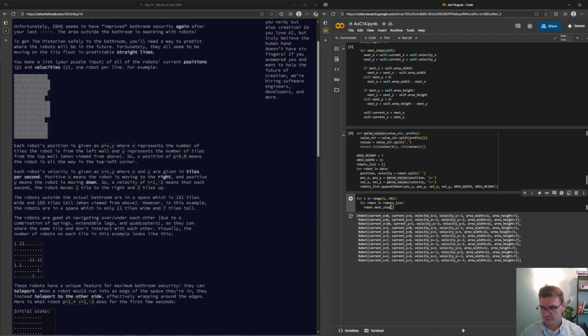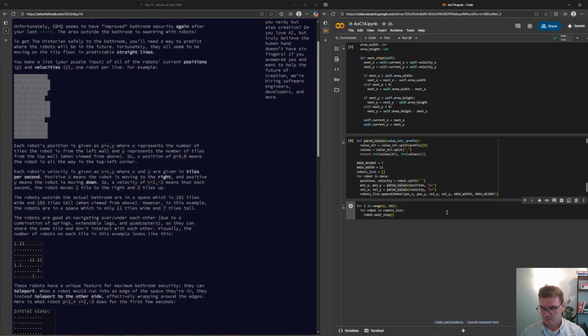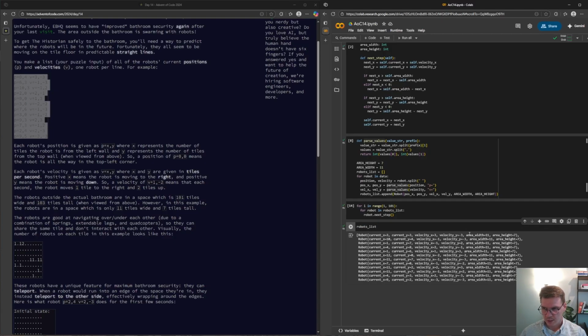And if we run this, it runs. Then if we check the robots list, we should see that the robot positions have been updated.